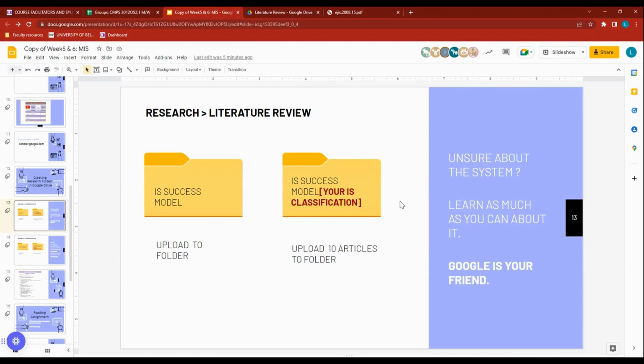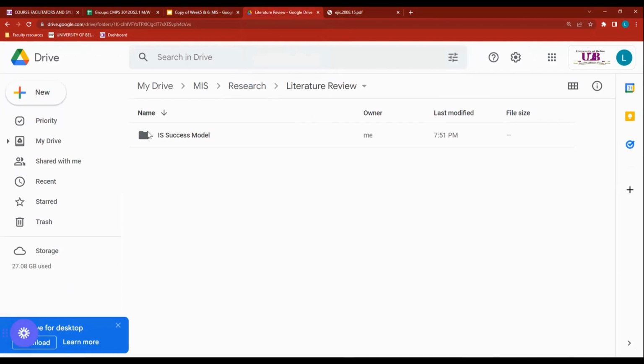You might have a different classification of information system that you're studying for the organization that you selected. When you know the classification, then you can type that in to your folder name as well as your Google Scholar search. Let's go ahead and create that folder.